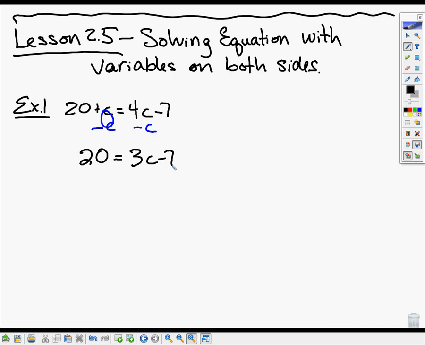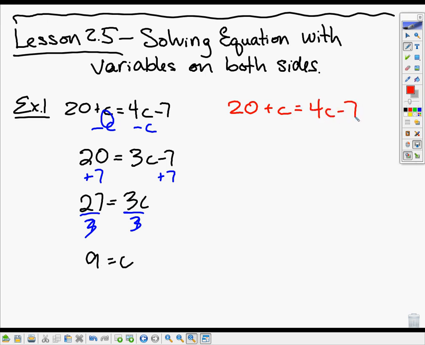Now we're to the point where this should look familiar to you on how you solve it from here. We would add 7 to both sides, get 27 equals 3c, and then we would divide both sides by 7. Not by 7, excuse me, by 3, to get an answer of c equals 9. And you don't have to write this down with me. I'm going to redo the problem in another way,